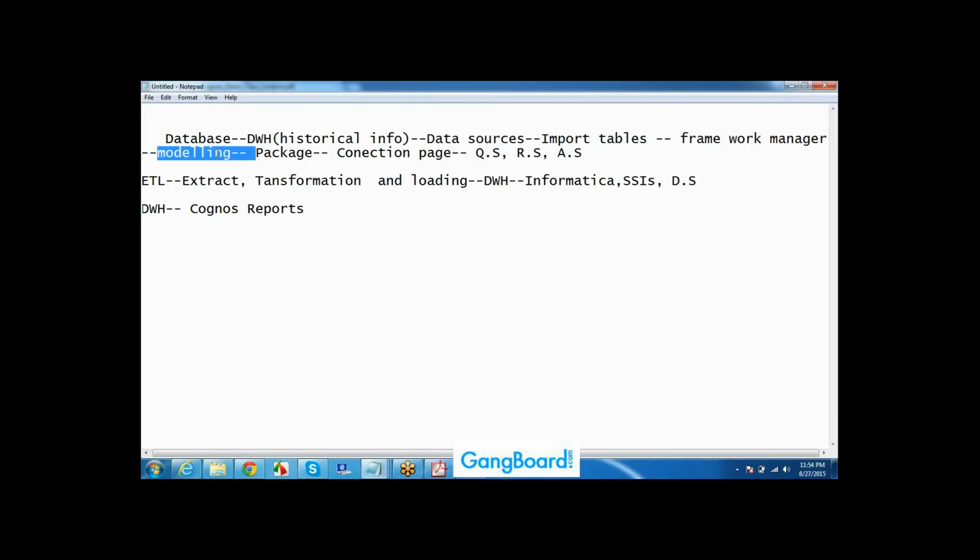What is meant by modeling? Here I will do the filtering, the joins if required, and any calculations if required. End of the day I will create the package. What is meant by join, filter, and new calculations? Suppose my requirement is different. SBI is again my client.